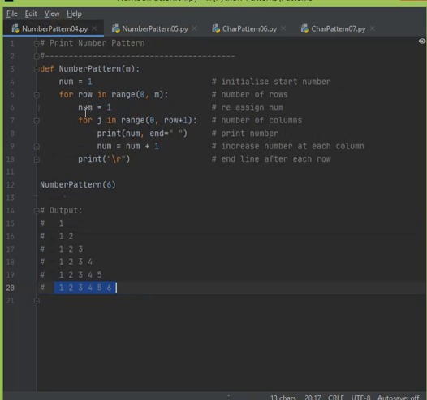Let's get started with printing the number pattern. So what is the logic over here? The function is called with value 6. This is passed here, and m is assigned the value 6. Here I am taking a number which is initialized to 1. I am iterating through the range 0 to m. The value of m here is 6. We are iterating through 0 to 6, and I am reinitializing the value of num to 1. For row in range 0 to m, that is 0 to 6, the value of row is 0